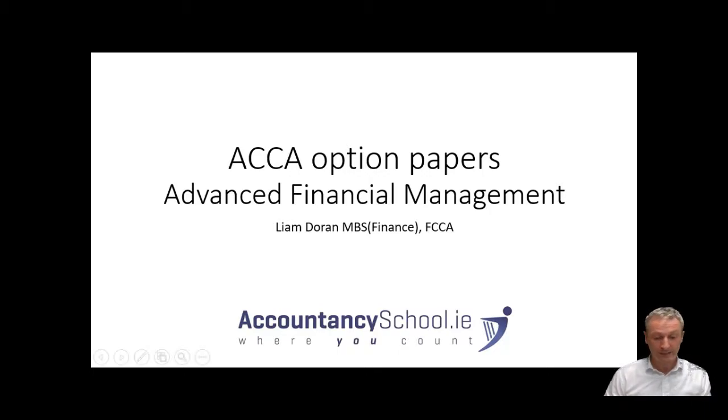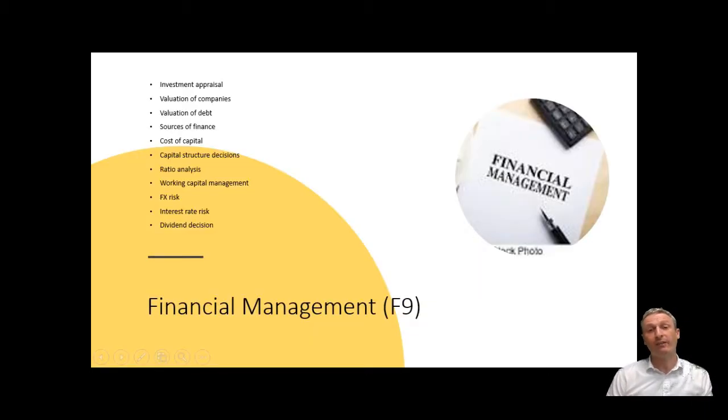First and foremost, when we're dealing with the Advanced Financial Management paper, it follows on from the old F9 paper or the Financial Management paper at the fundamentals level. And on the F9 paper, you would have come across things like investment appraisal, working capital management, valuation of companies, sources of finance, weighted average cost of capital, capital structure decisions, and different topics like that. They're quite technical topics, there's a lot of calculations involved with them, and the Advanced Financial Management paper follows on